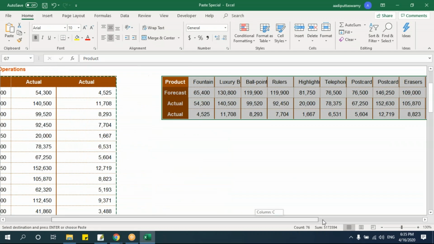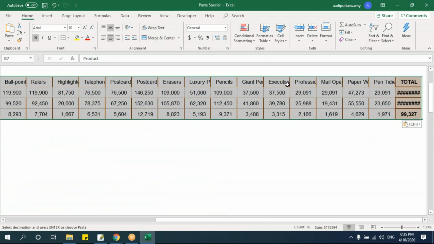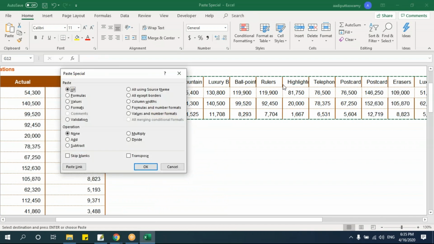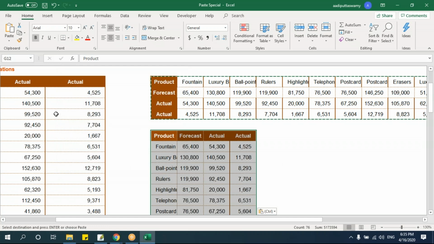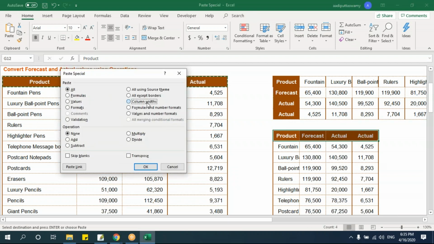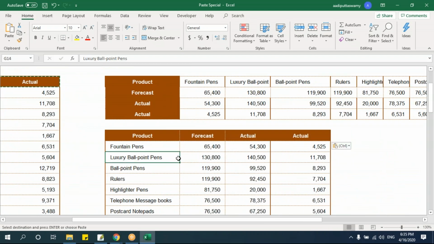See, the data is pasted from column wise to row wise. This is transpose. Transpose means moving the direction, that is from column to row or row to column. Now suppose if I copy this and if I go here, say Alt ES, and if I say transpose, see, again it will get back to this option. Now I want the same column width, so what should I do? Copy this and say Alt ES, the column width, we saw this, say okay. Can you see that? It will have the same format of the table.